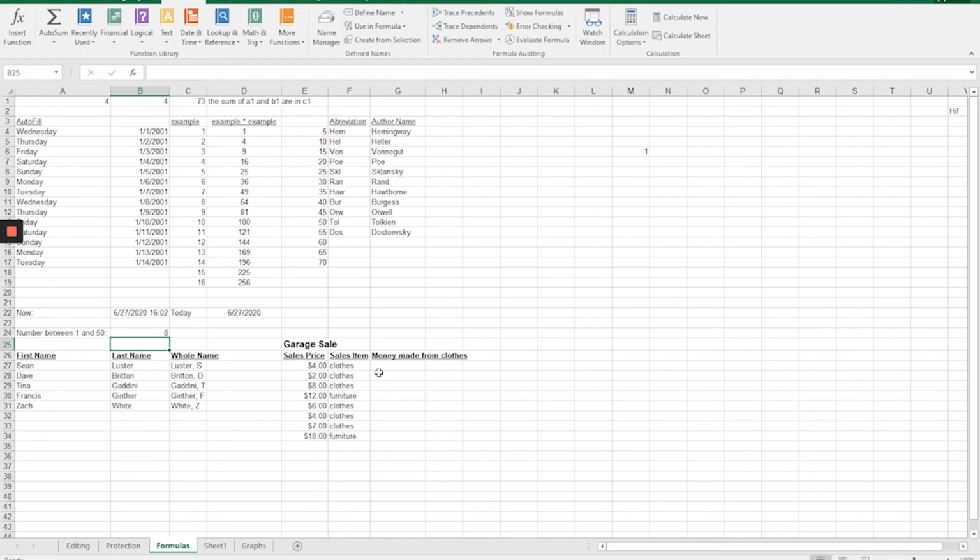Okay, final function that I want to show you is over here. And this is a very basic example of the if function. This is the SUMIF. So what we're going to do with this is we want to have it calculate money made from clothes. So it's looking at my garage sale, and it's got all the information there. I'm going to again type equals SUM